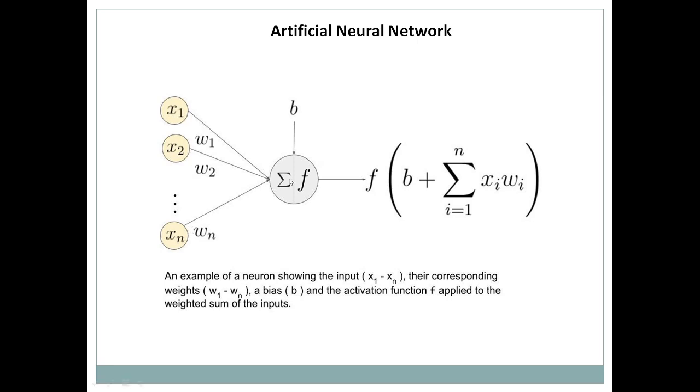In this case, first of all, summation is calculated. That means every input is multiplied with a weight. So this formula we are using. After that, bias is added to it and it is provided to a function. The function will help us to produce the action. The function is called an activation function.